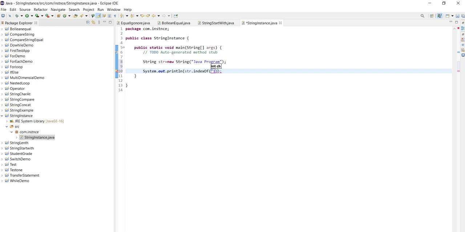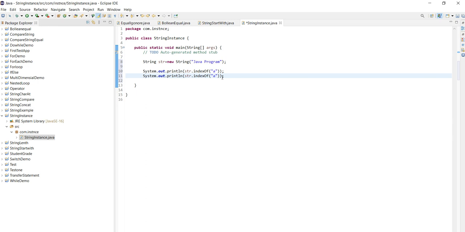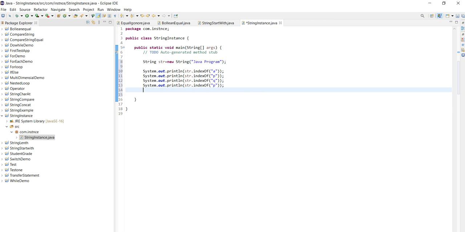I'll take indexOf 'a'. Since there are multiple a's, we'll see which a it gives. Then I'll write indexOf 'p', and we'll write multiple values like this, indexOf 'q', then indexOf 'P' again, and some 'z'. I'm writing these multiple indexes, then we'll run this program.